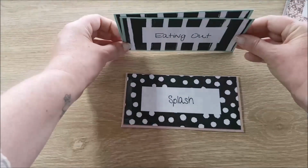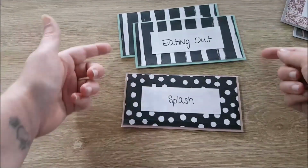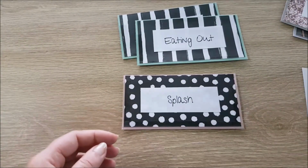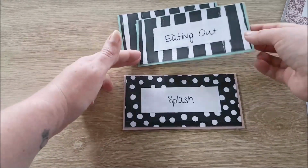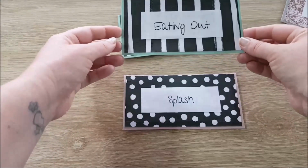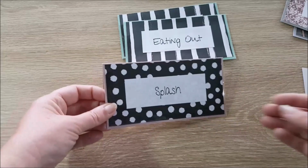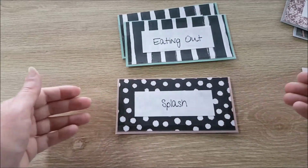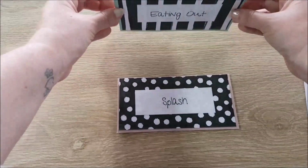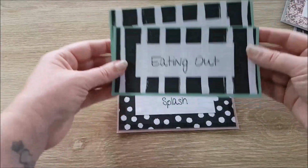But what we have found is, because we're not specifically allocating money to these things, we're not really that concerned about doing it. If I put $20 into eating out for coffees, I am more than likely to spend it. But if I say to myself, all right, I'm going to take $10 out of my splash cash and Shan's going to take $10 out of his splash cash to buy coffees, then I don't know, the appeal of the coffees isn't quite as much as what it was before. So again, it's just a really interesting way that we have found that we can sort of rein in our